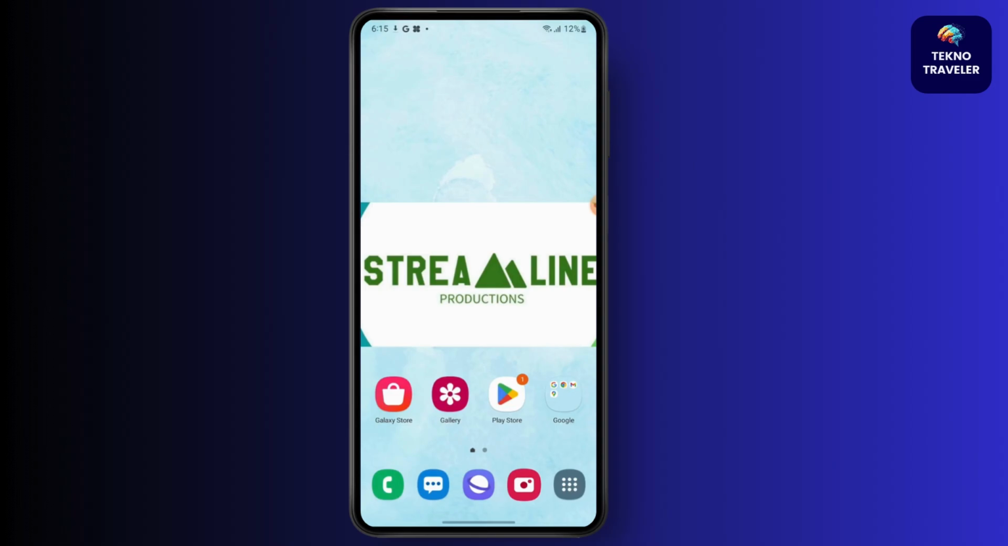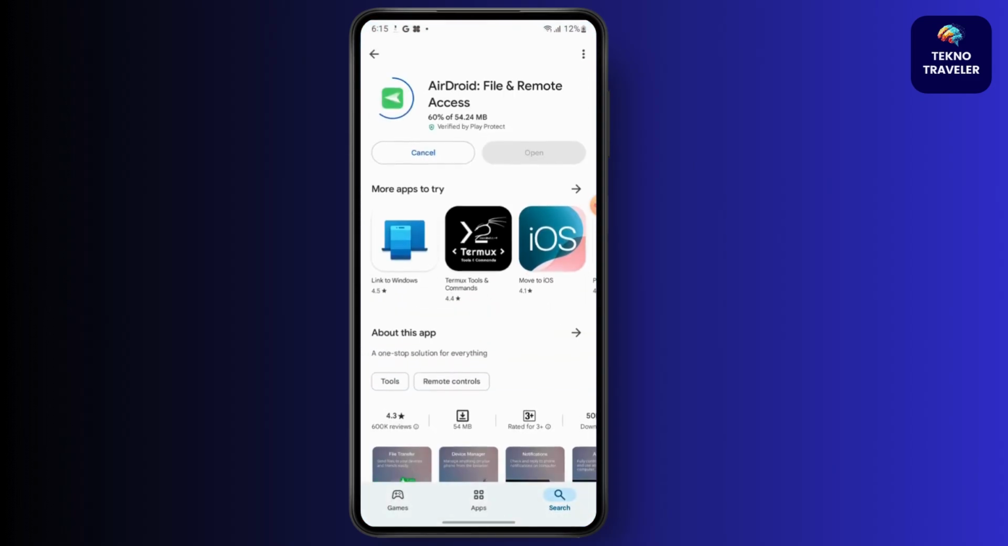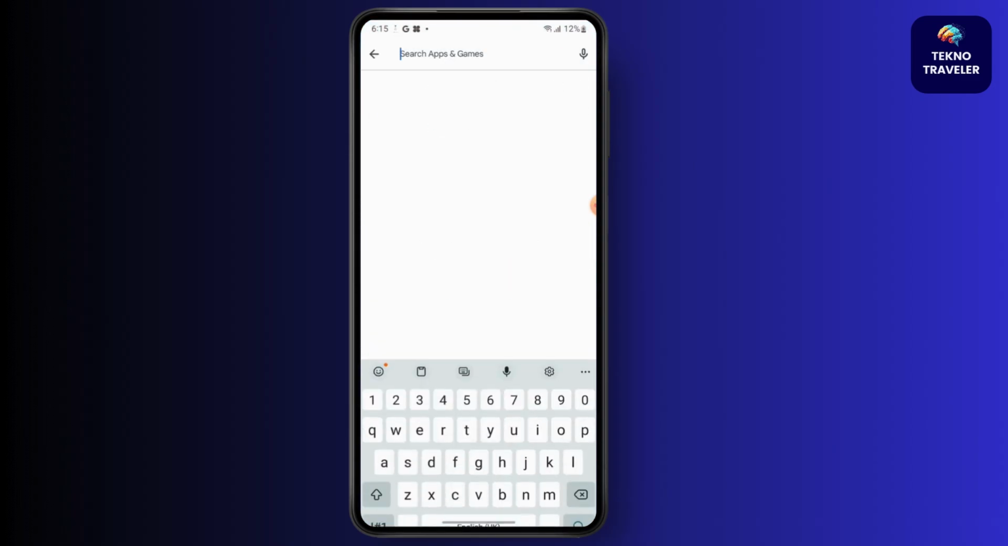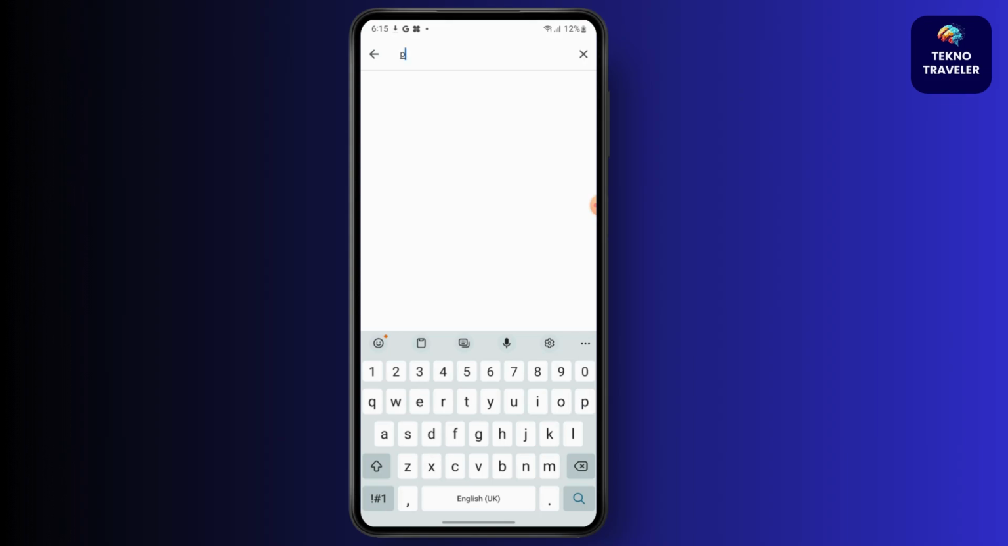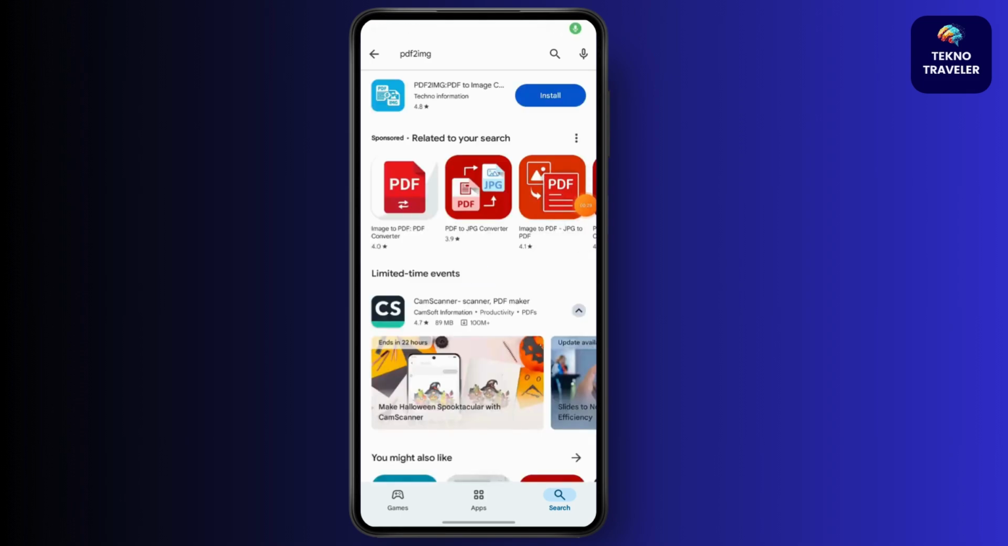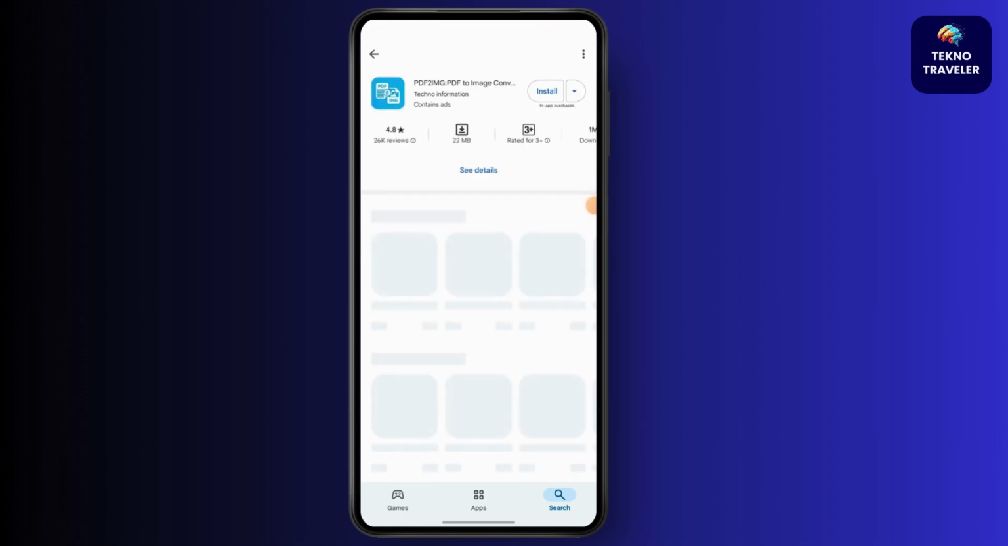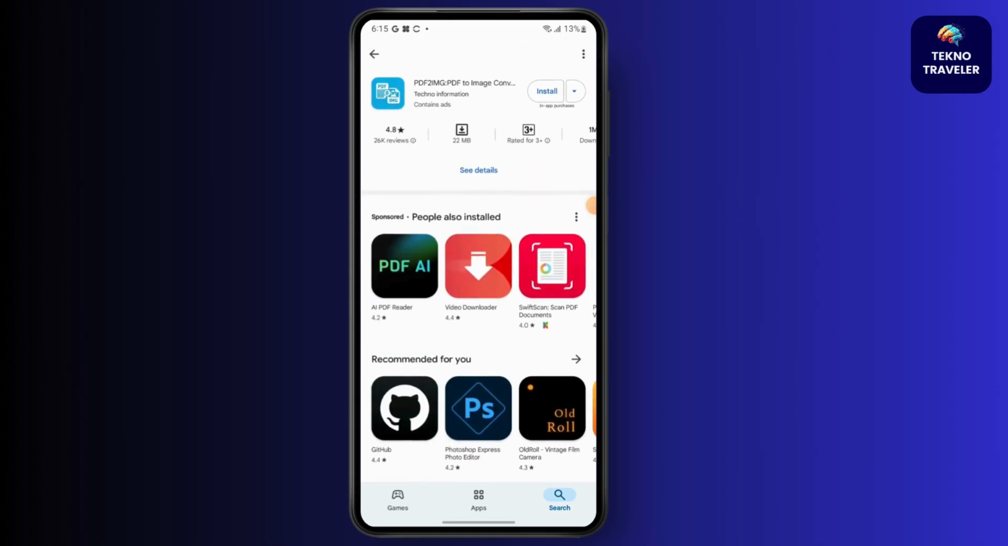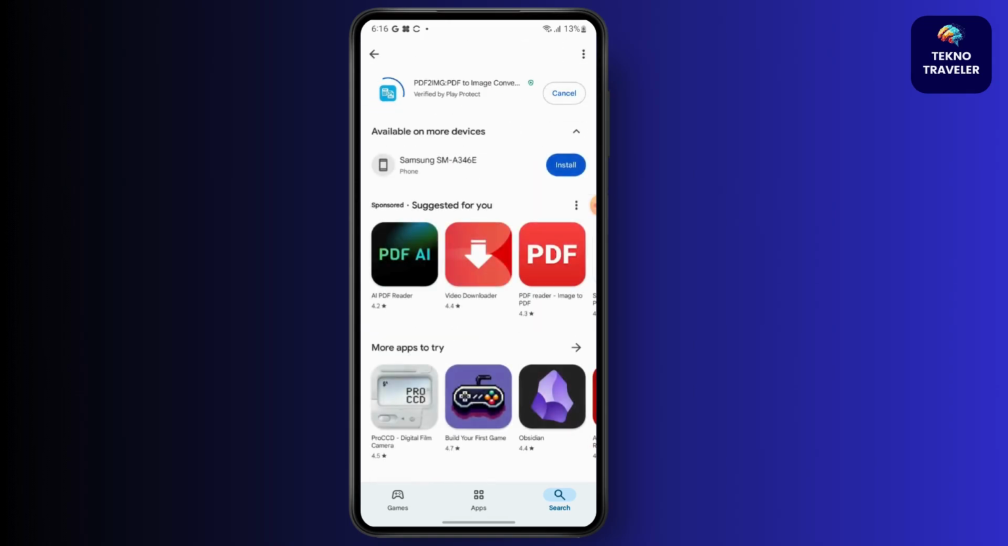So first, go to Play Store and then you will have to install an application called PDF to Image. PDF, the number 2 and then IMG. So this is the app you would be looking for. Simply install it and then